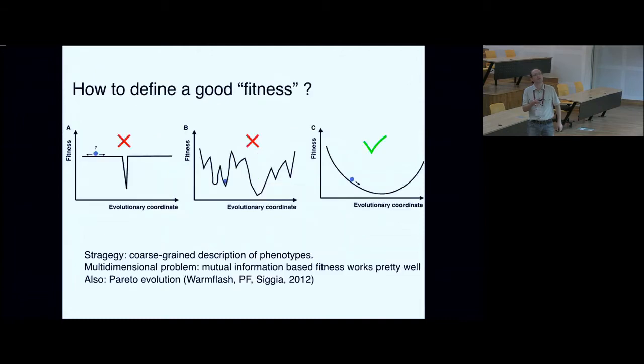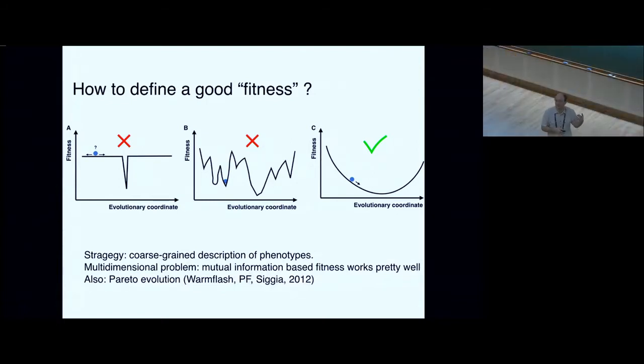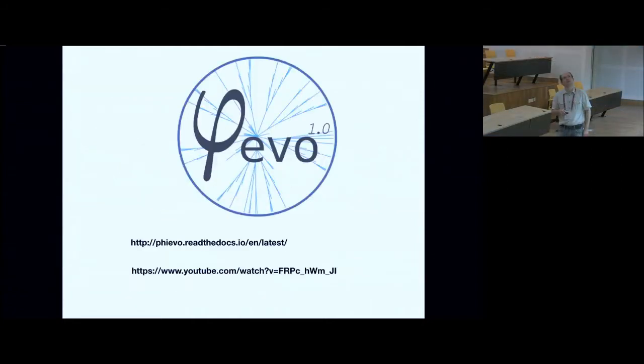Okay, so this is a small technicality. I'm going to skip that, but very briefly, when you do optimization, any kind of optimization, you need to choose properly the function you want to optimize. And this is a problem that we have here in evolution. If I want to select an oscillator, again, how do I choose a good scoring function that will quantify the oscillating characteristic of the networks? It's not a trivial problem, and so you need to think about that. I will give you some more detailed explanations later on.